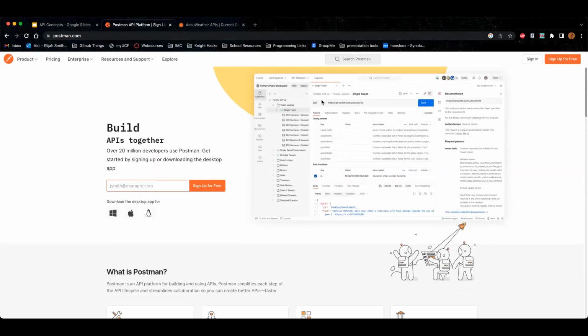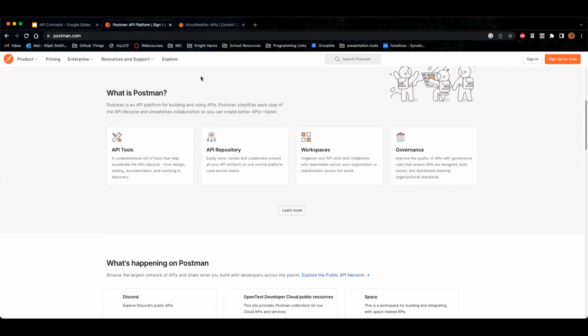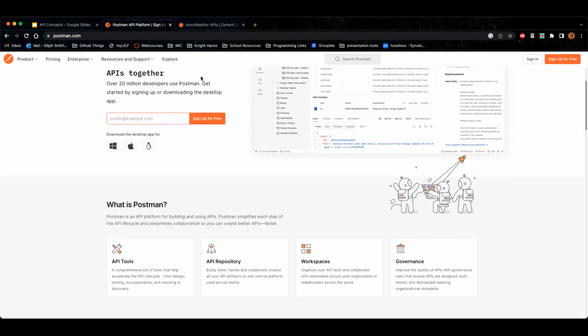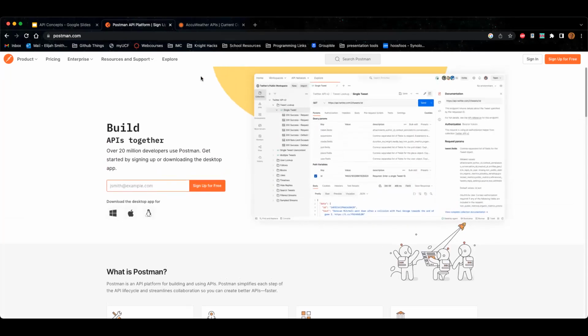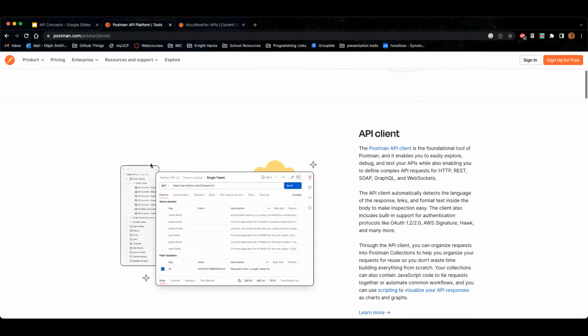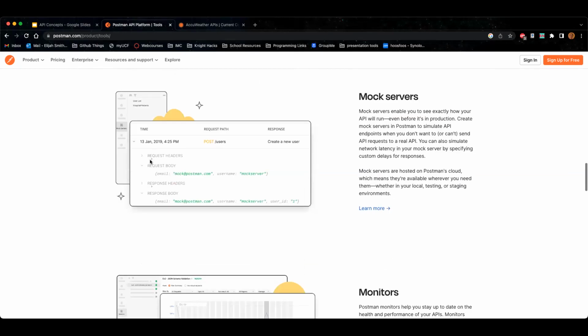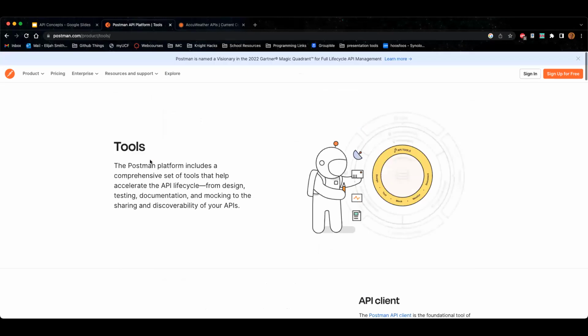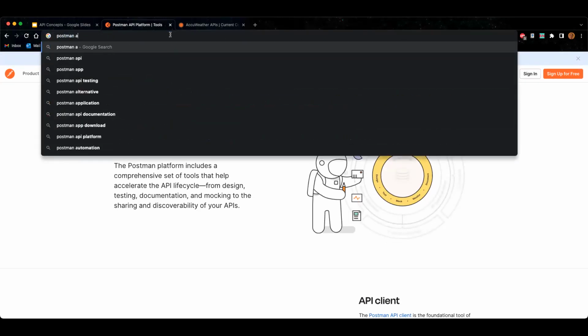You can either download the desktop app for this, or you can use it in the browser and just sign in. In order to use it in the browser, you will need to download the Postman agent. If you download the desktop app, I think they come bundled together. But if you're using it in the browser, you need to at least go into the product section. And tools, I think, is probably where it is. This is not it. So if we search for Postman agents,